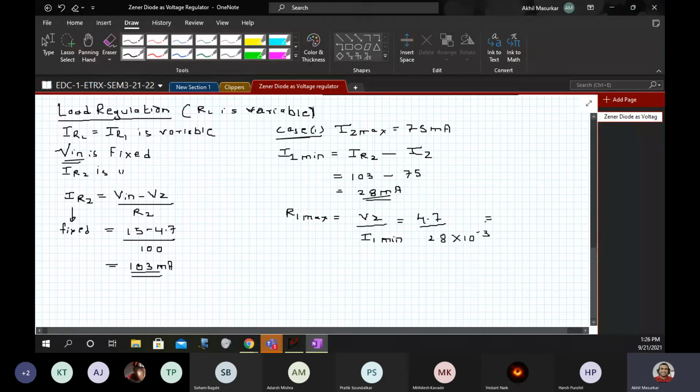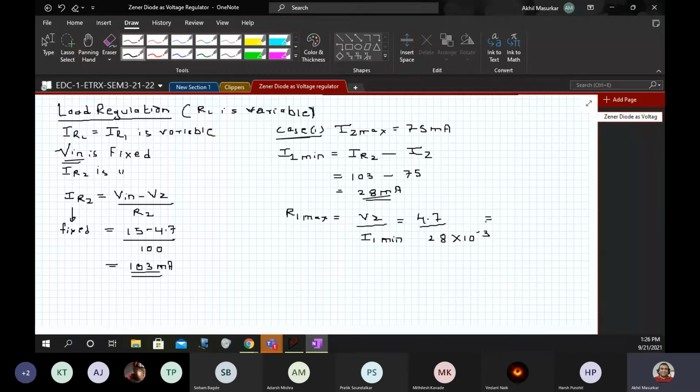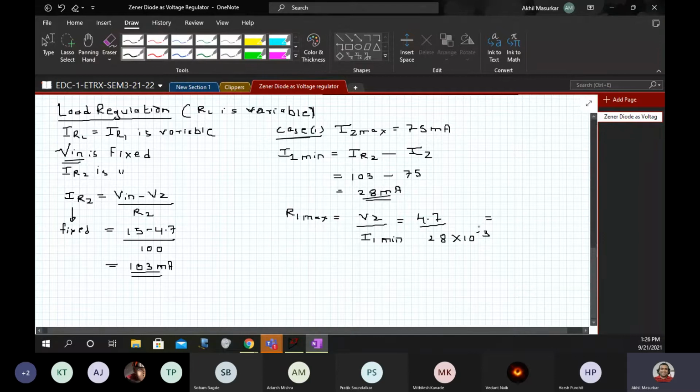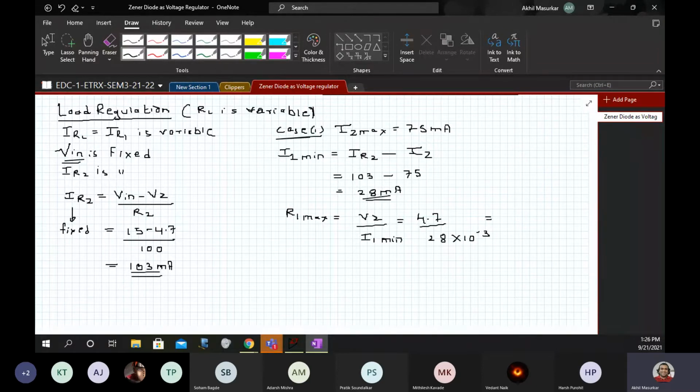Can somebody tell me the value of R1 max? Post your answers in the chat box. Come on, quickly. You are all designers, you have to sit with calculators. So how much is this value?